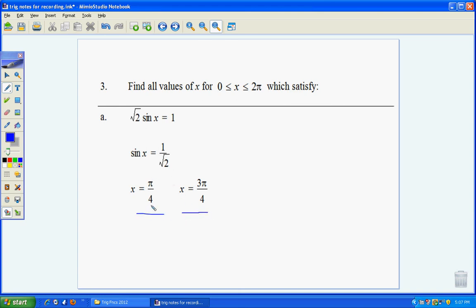So we get pi on 4 as a related angle, and 3 pi on 4 is 180, or pi minus the pi on 4, or minus 45. That's the same as 135. So keep that in mind. Keep going and doing those same relationships, and